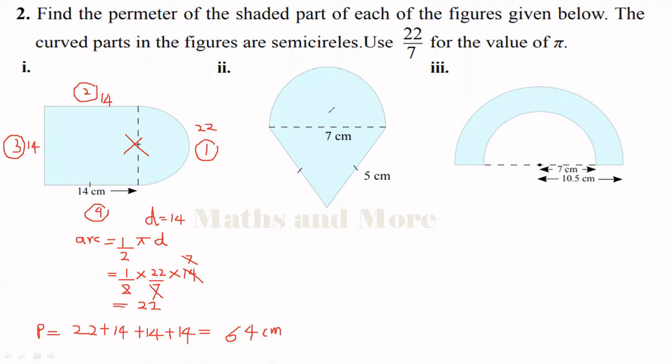This one, in this figure, there is a semicircle combined to a triangle. But you can't get this length because that is the line combining those two figures. Therefore, you have to get this arc length. When you find the perimeter, first you have to find that arc. So that is the first length. You have to get this side. That is the second length you have to add when you get the perimeter.